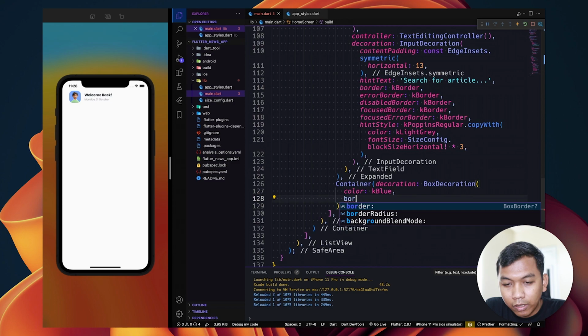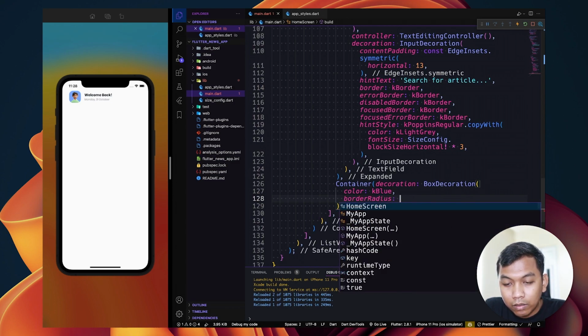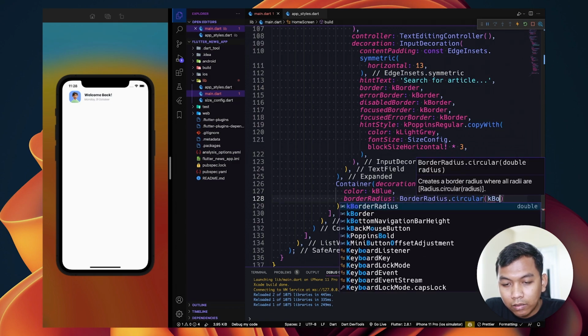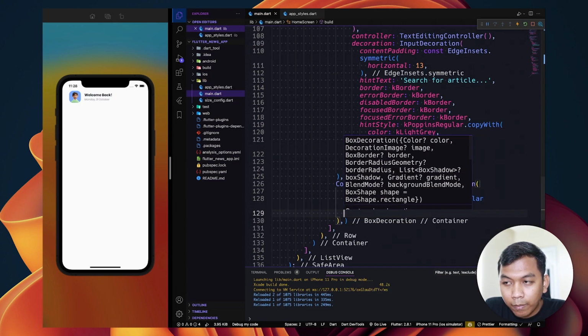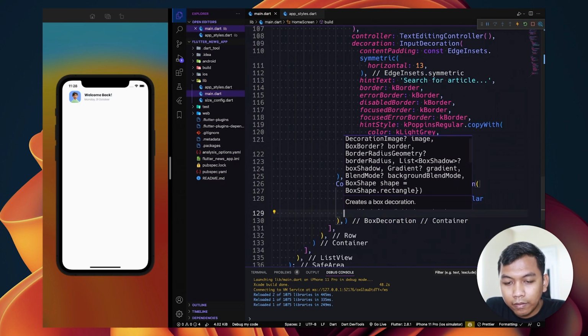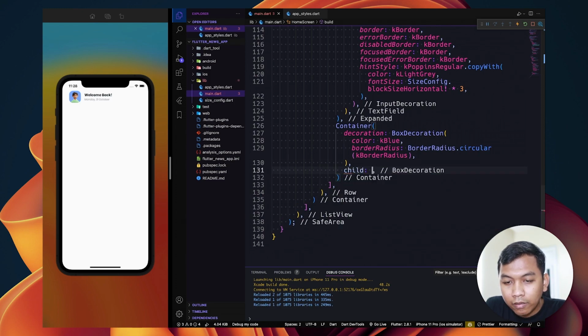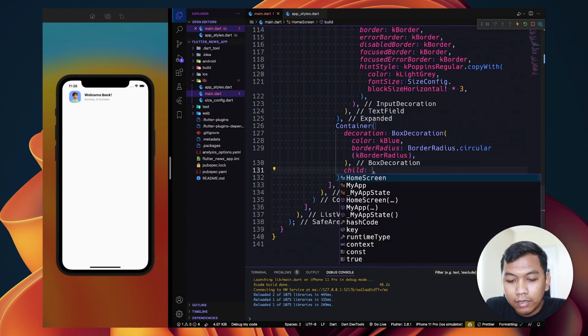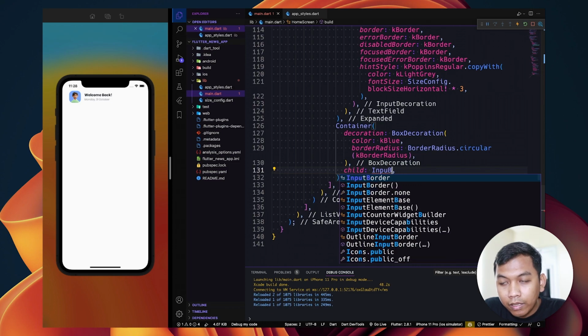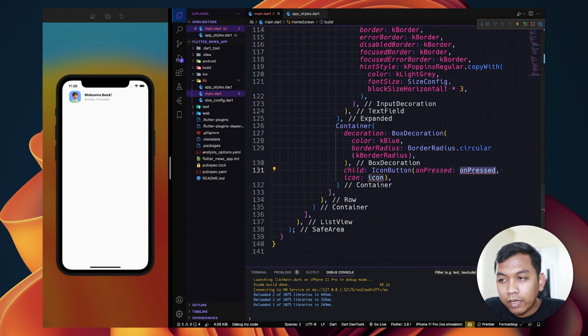And for the border radius, set it to border circular k border radius. And for the child, inside this container, we will set the child will be an icon button, and the icon button